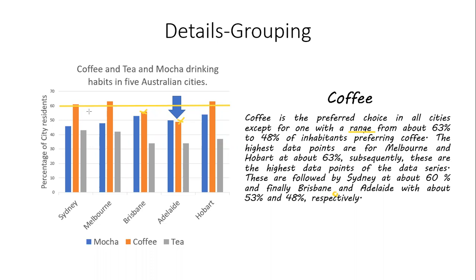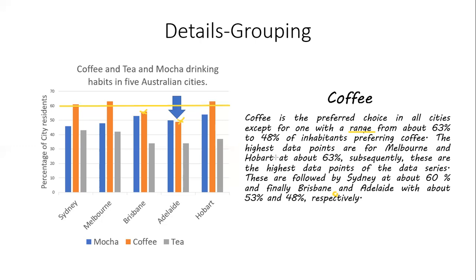So for example, all city residents consume coffee at roughly about 60%. However, there are a few outliers as well. Okay, so you could mention them. But however, this is what I've done. Okay, so coffee is the preferred choice in all cities except for 1, with a range from 63% to 48% of inhabitants preferring coffee. The highest data points are for Melbourne